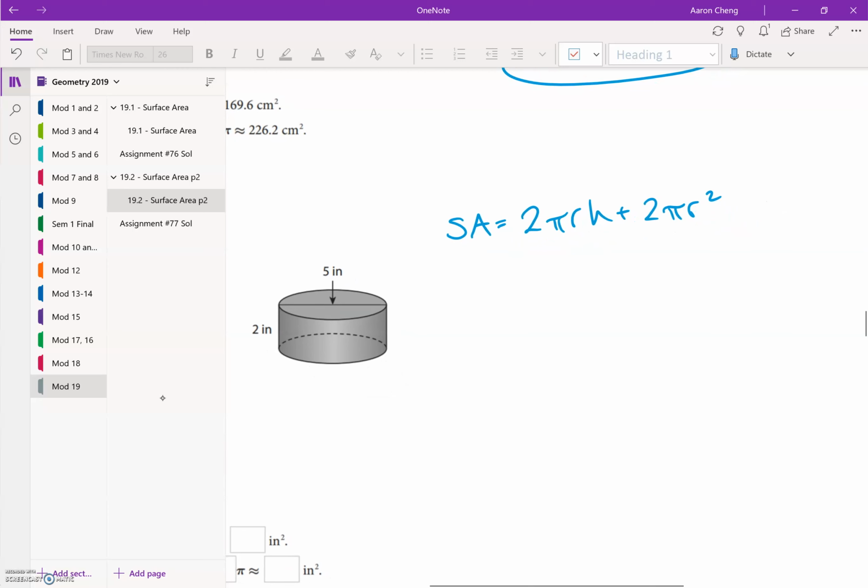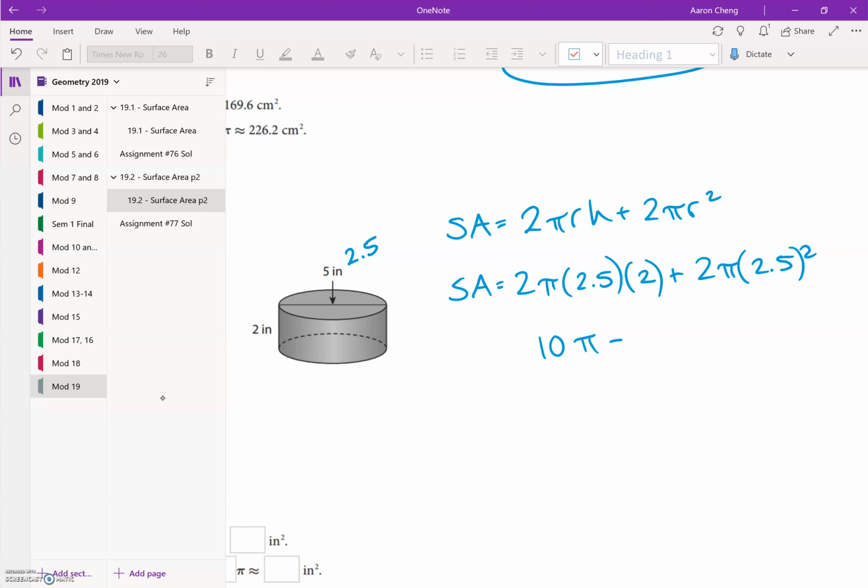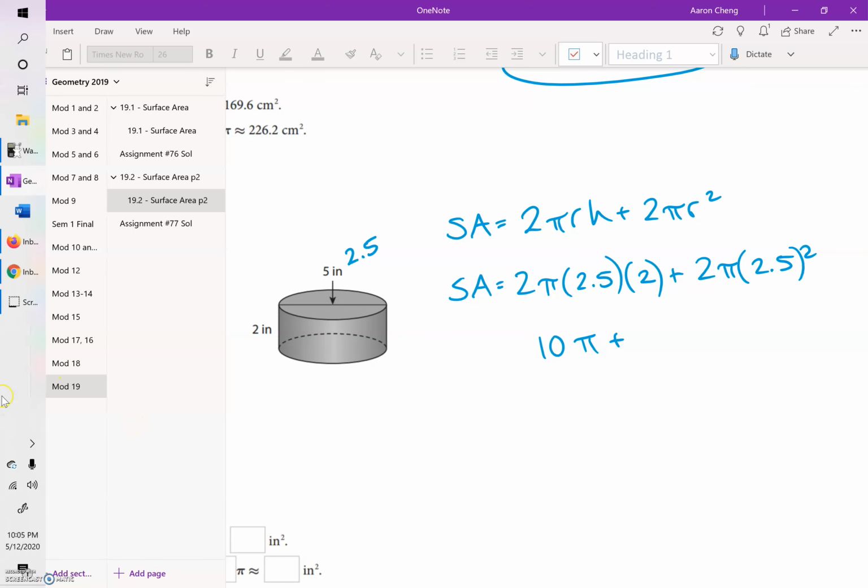Our radius is 2.5, so our surface area is going to be 2 pi 2.5 times 2 plus 2 pi 2.5 squared. 2.5 times 2 is 5, 5 times 2 is 10, so 10 pi plus